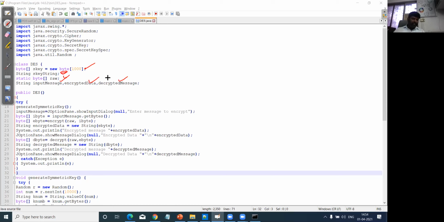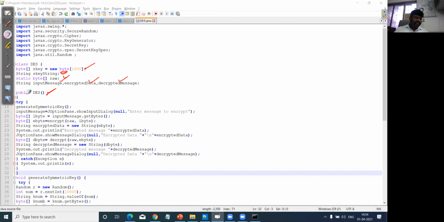Here you can use any names. It doesn't matter whether you use these complete variable names, or instead you can use I, E, B, whatever it is. And followed by this, the function in which I'm going to use all the techniques related to my symmetric key DES encryption technique.